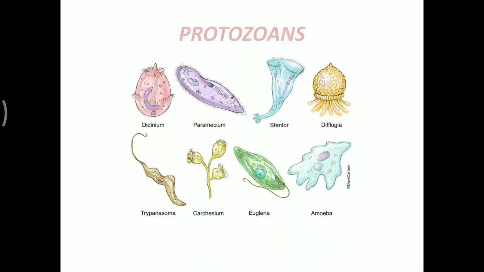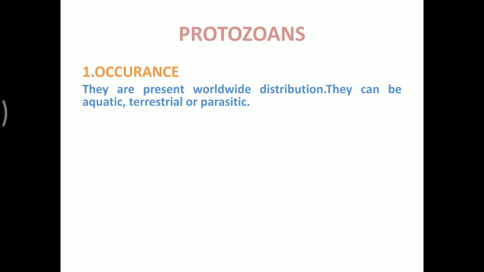Protozoan protists include different categories of zooflagellates, sporozoans, and ciliates, and they have various general characteristics. Almost all of them are animal like. The first characteristic is occurrence. It is found worldwide, but it is confined to aquatic, that is either water or marine environment, terrestrial or parasitic. Some of these parasitic forms are capable of causing very serious disease to animals as well as human